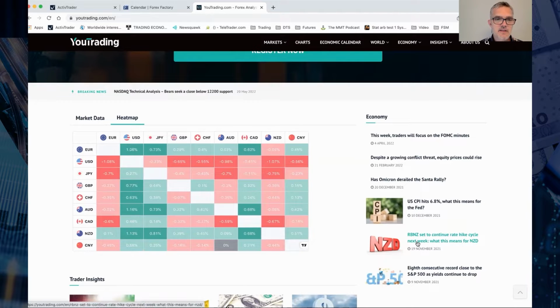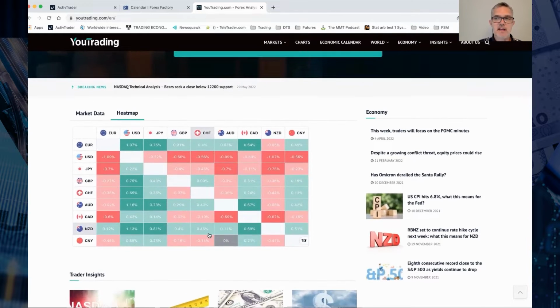Okay, London session started with the euro stronger, US dollar a lot weaker. If we look down, we've also got a New Zealand stronger this morning, as well as the Australian dollar. Japanese yen is weaker. So if you were to be trading this morning, you kind of want to be looking for a long New Zealand dollar, short US dollar, or maybe a long euro versus a short US dollar. And we'll go into reasons why that might be happening when we look at the economic calendar. But as you can see, bottom left-hand corner, top right-hand corner aren't really showing a risk on, risk off. So today it's kind of mixed, but if you're going to trade anything, maybe trade strength against weakness.